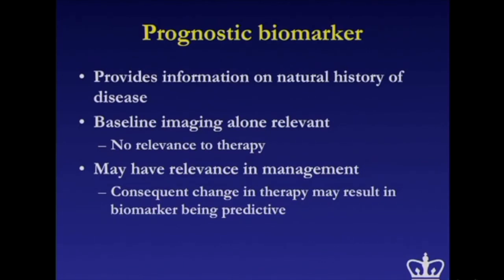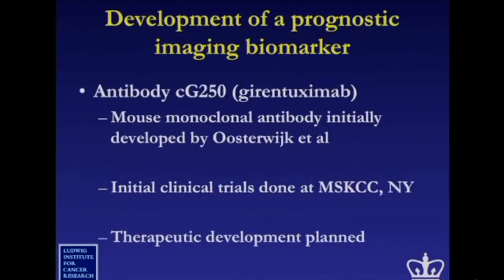Prognostic biomarker, by contrast, just tells you whether it's bad disease or good disease. Can that decision help you decide what kind of therapy you use? Absolutely. If you say you have bad disease, you will be treated more aggressively. If you have not so bad disease or good disease, if there is such a thing, then you will wait and watch or say, come back and see me in 3 years. If it's bad disease, you come back and see me day after tomorrow, I'm going to start therapy, right? So that's a prognostic biomarker.